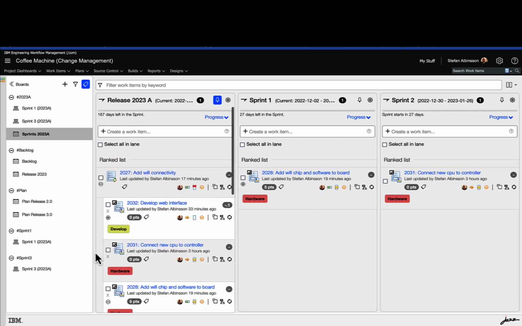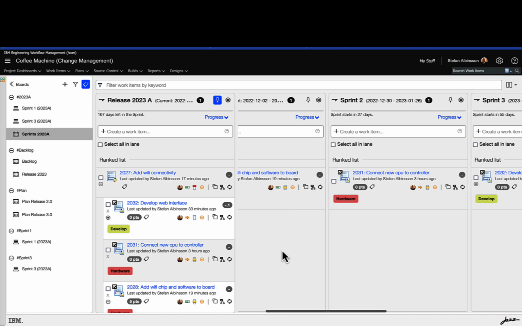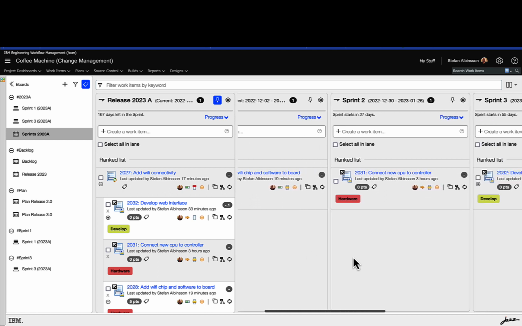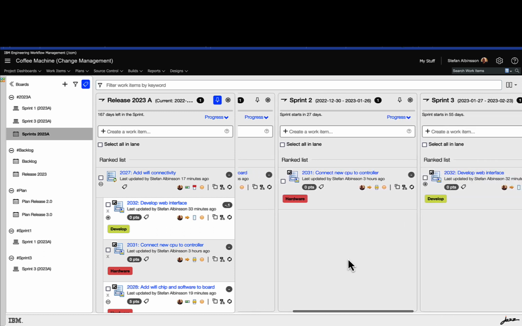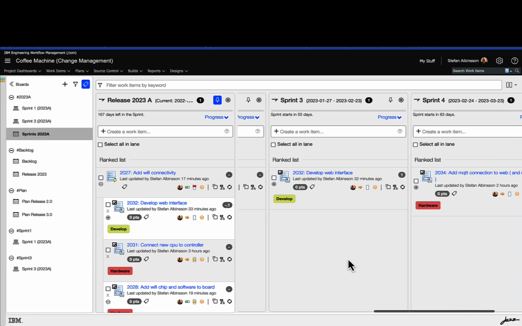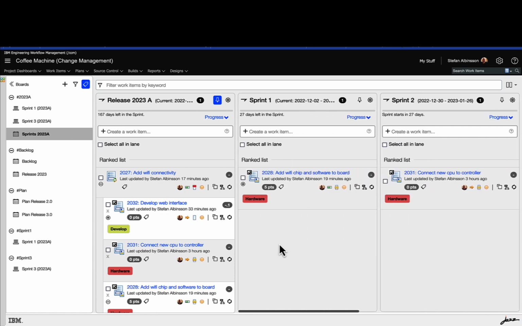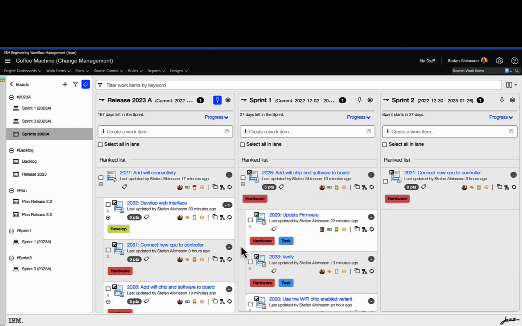So what I typically do here is drag and drop my stories into the different sprints where I want to have them. As you can see, I already did that. So you have the add Wi-Fi chip, you have the connect new CPU and things like that. Here we have sprint 1, and we added this 2028, and we can expand it and see all the